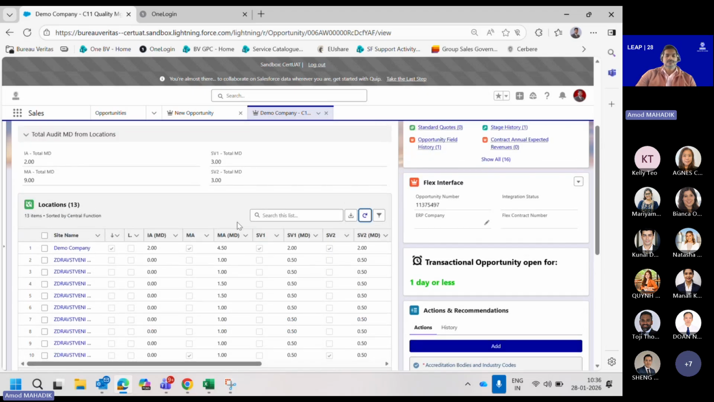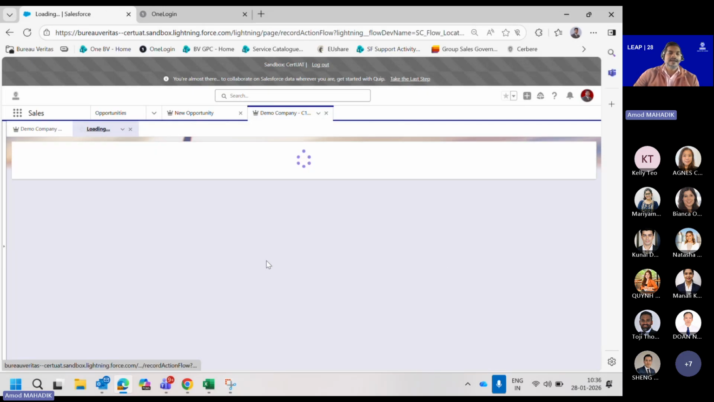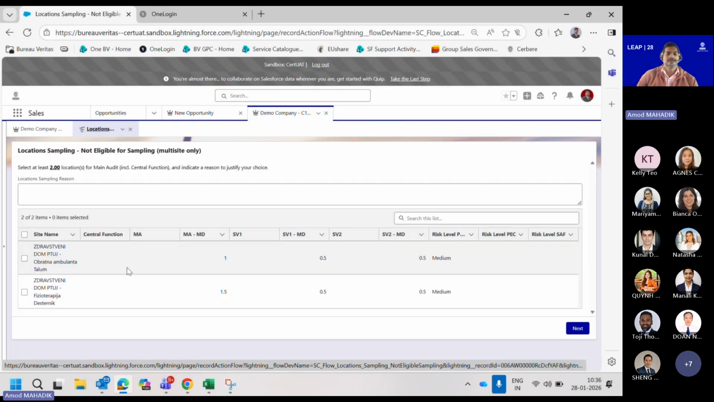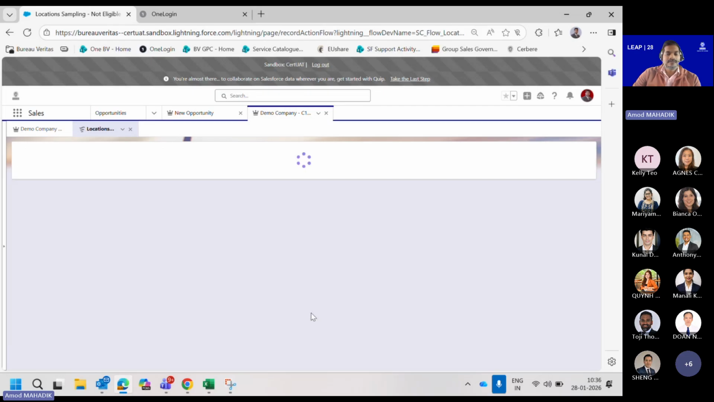So this is how you can do this location sampling. And for the location sampling for not eligible sites, we need to click this option. You will see those two sites which we have flagged as not eligible for sampling. In case of main audit, you need to select all the sites which are flagged as not eligible for sampling. Okay, and once you click on next,